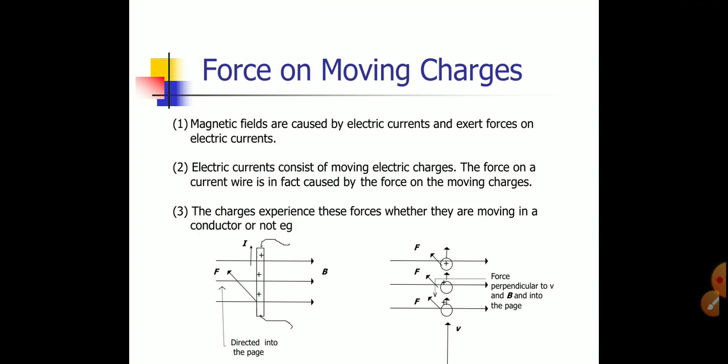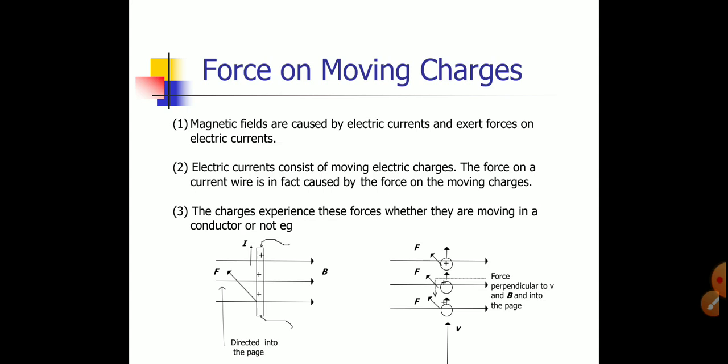Until now, we were considering only some charges, and we were calculating the force on one charge due to another. But if there are more than two charges, we will have to apply the principle of superposition, right? So, considering the force on a moving charge, magnetic fields are